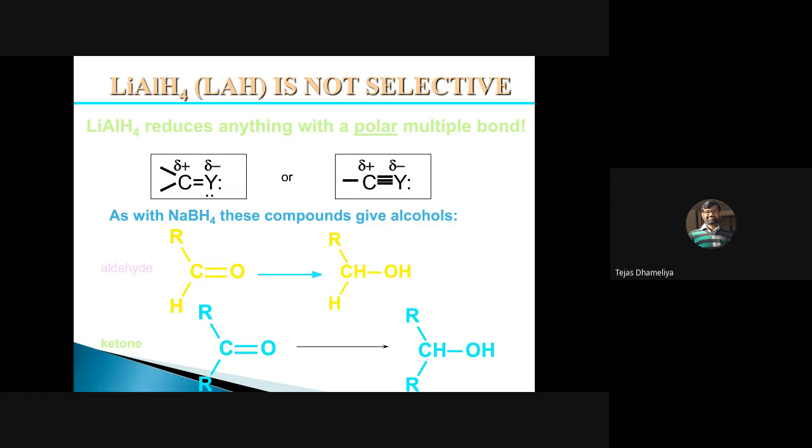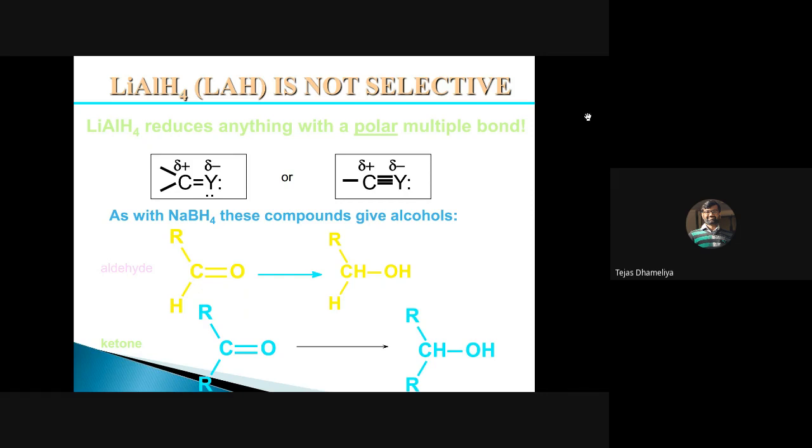Non-selective means how? For example, if you want to reduce only aldehyde, but we don't want to reduce ketone, and there is a molecule in which both are present, aldehyde is also present, ketone is also present. In this case, if we wish to reduce any one of these, then we can use some selective compounds. Sodium borohydride reacts with both, it can react with aldehyde and ketone and give alcohol.